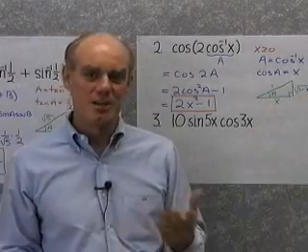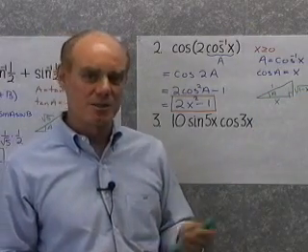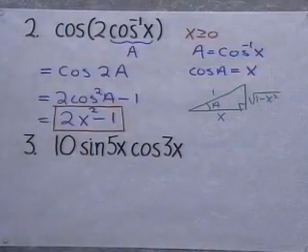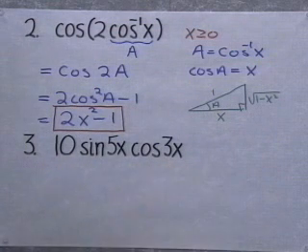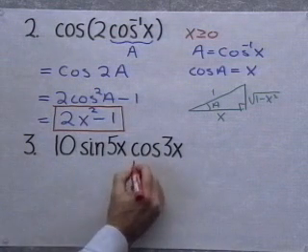So in this case, I didn't even need my little green reference triangle. Let's look at the next problem. Okay, I have 10 sine 5x cosine 3x. Now, to work this problem, and again, what I want to do is simplify, I have to realize that this looks like